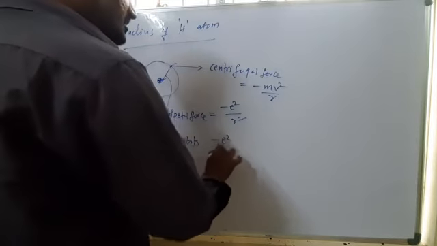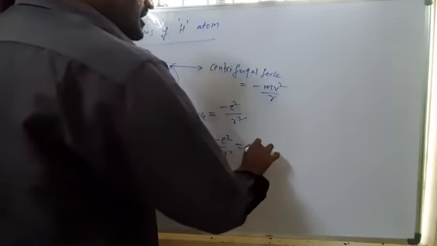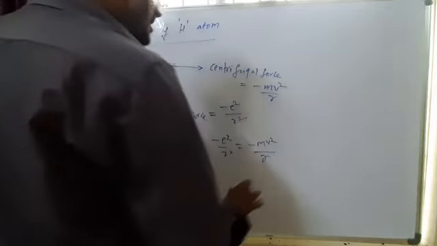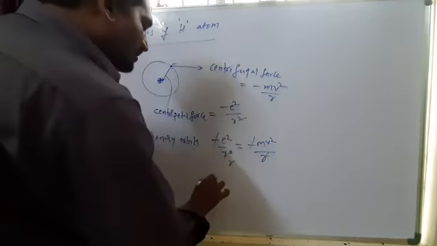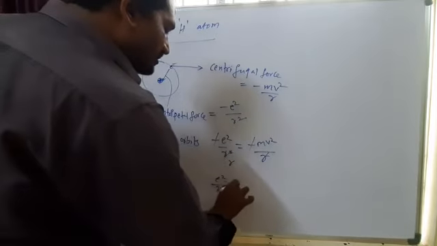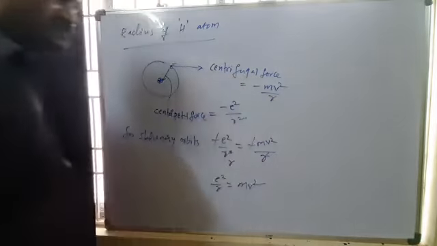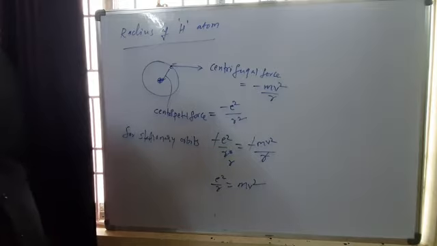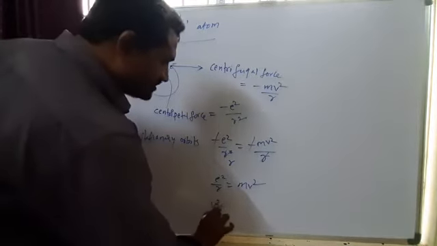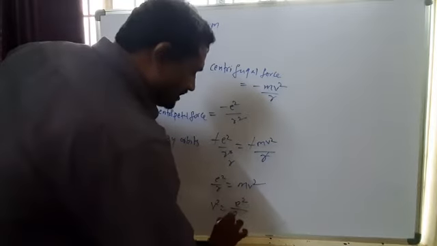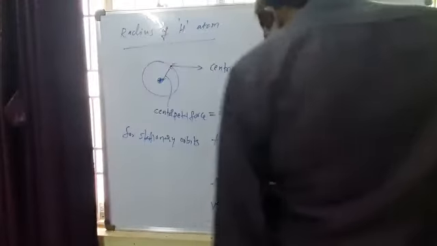So minus e square by r square equals minus mv square by r. The minus cancels, and here r cancels. Now e square by r equals mv square. Now you know that v square equals e square by 2r. Now we know the formula